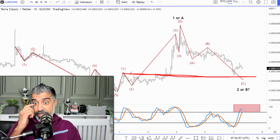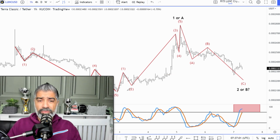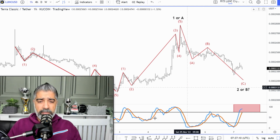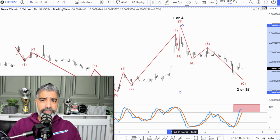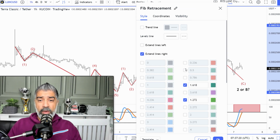Either way, we don't need to concern ourselves too much. What we just want to do is be really aware we've had an impulsive move up. And at the moment, it still looks corrective. Still a 3-wave structure to the downside. So let's just do some basic analysis. We're going to do some fib price. I just want to see this low to the high. And what I want to do is, just the most corrections